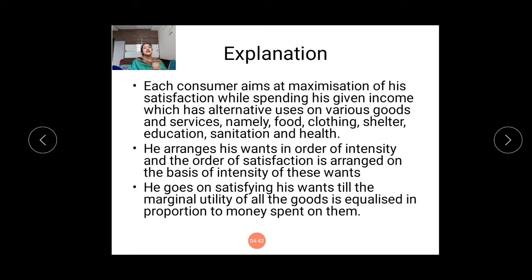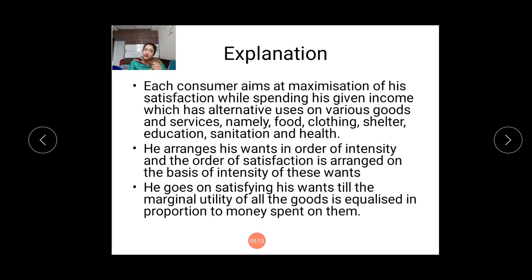It means that wants can be arranged in order of intensity or urgency. For example, some wants are really urgent and cannot be postponed, like the want for a life saving drug. For example, somebody is a diabetic, so for him insulin is a life saving drug, so he will not compromise on that, right? So other wants can be postponed, but the want for insulin will be taken as an urgent want, right?